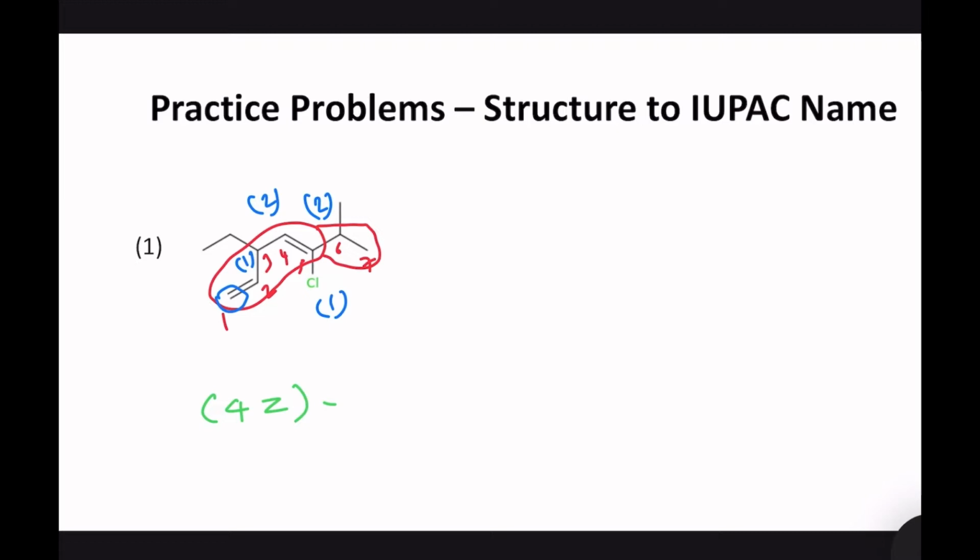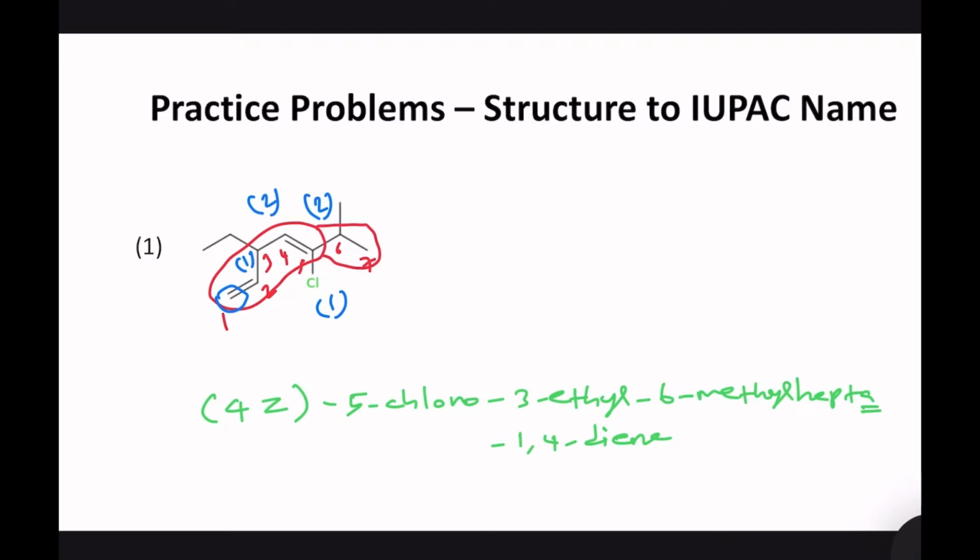Therefore, this molecule's correct IUPAC name is (4Z)-5-chloro-3-ethyl-6-methylhepta, because it is an alkadiene, the a we have to mention, and then hyphen 1,4-